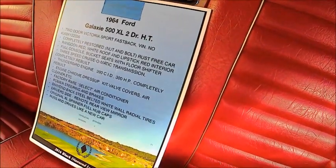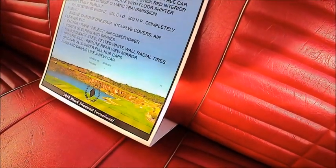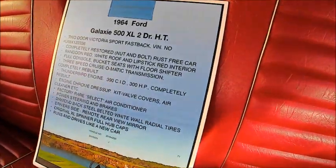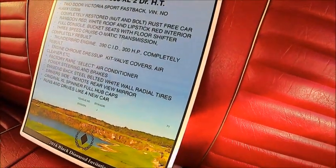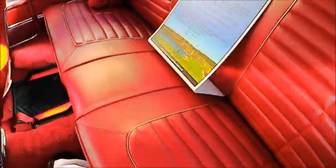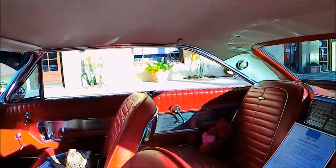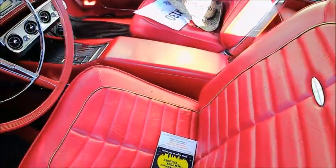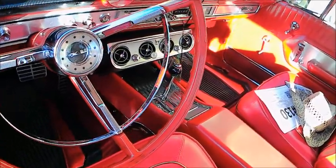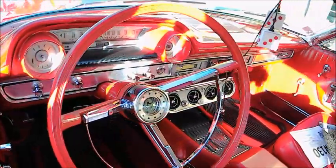It has a 390 and it has factory air conditioning, as you'll see. Just absolutely gorgeous condition. And that white top really makes it look like a convertible. It has creases towards the back end, and you can see even in the headliner there's the air conditioner right in the middle underneath the dash, and a very neat